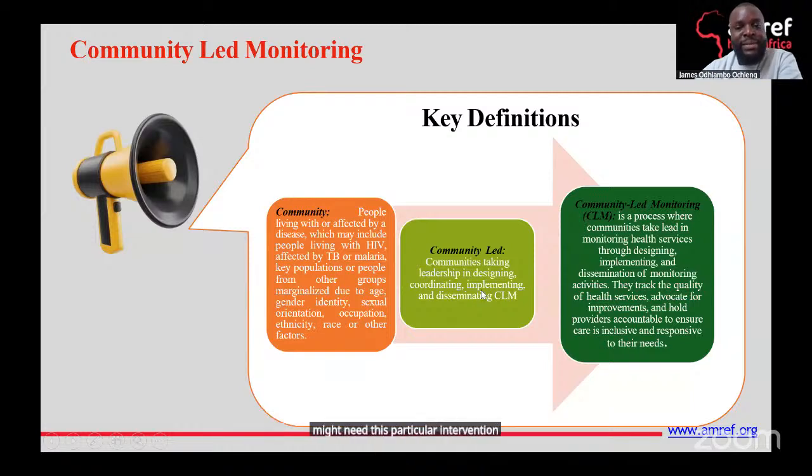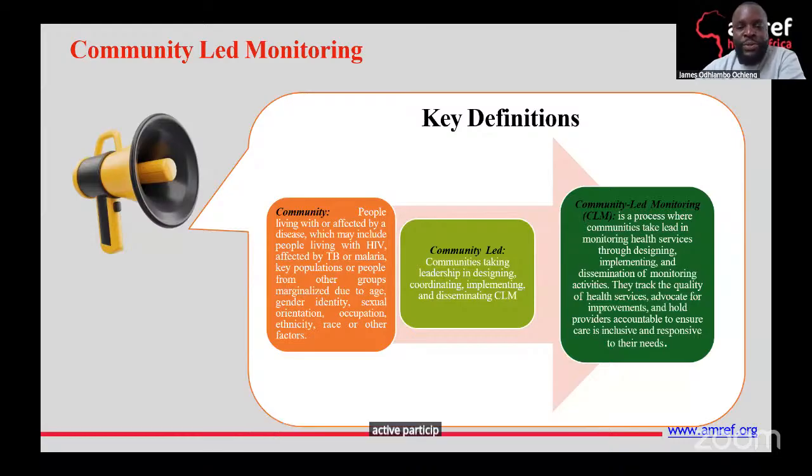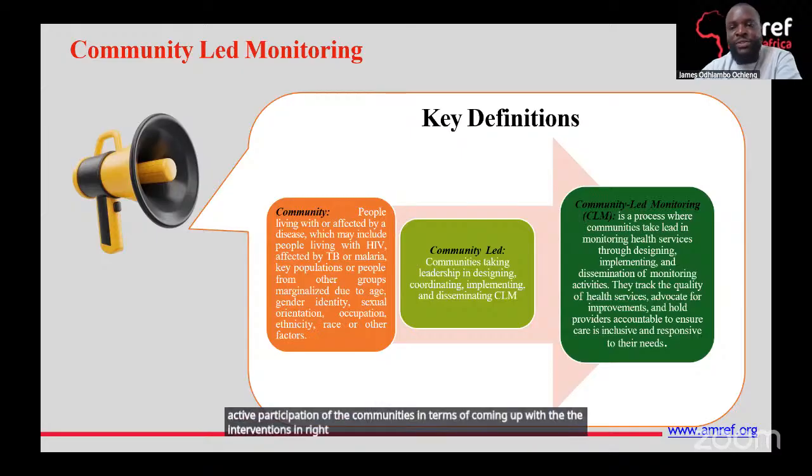In some instances, such interventions have failed. What community-led monitoring brings is active participation of communities in coming up with interventions, right from conceptualization all the way to implementation and monitoring.